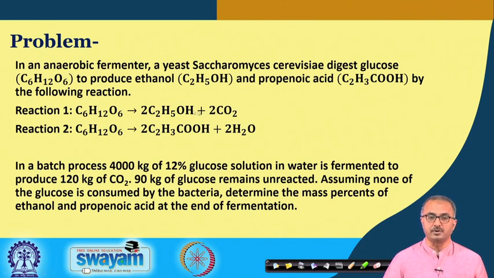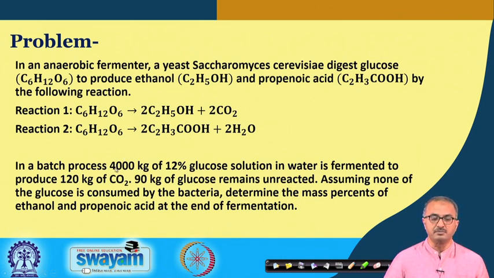Next we come to another problem. In this we have an anaerobic fermenter and we are using some kind of yeast. This is Saccharomyces cerevisiae, the baker's yeast, to digest glucose to produce ethanol and propionic acid. So, these are the two reactions which are going on. From the first reaction we get ethanol and from the second reaction we get propionic